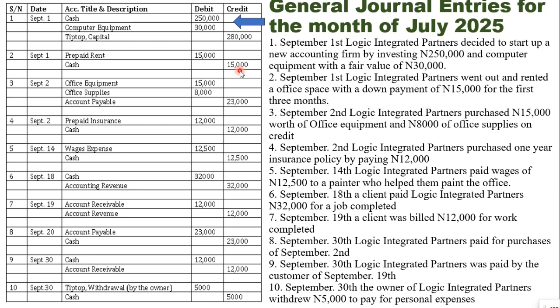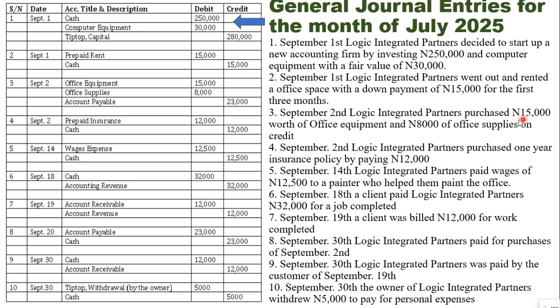Remember that this money is being taken from the cash account and given to the rent account. So remember our rule: you credit the giver and debit the receiver. This money went from the cash account to the rent account. So we credit the cash account and debit the rent account. So that's number two. Number three, we have September 2nd, Logic Integrated Partners purchased